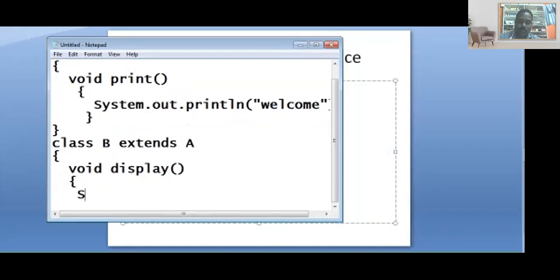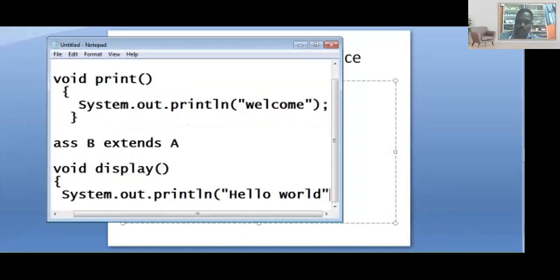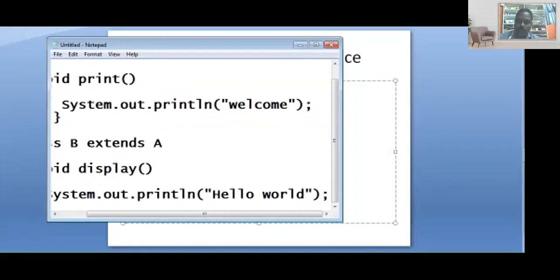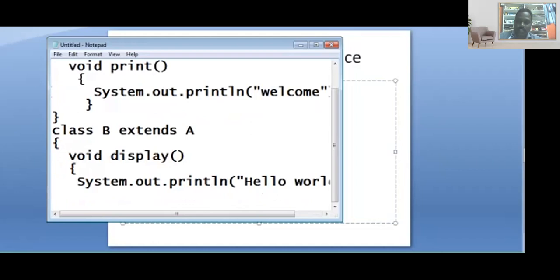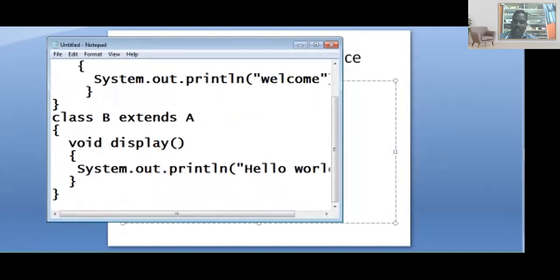So now System.out.println. I'll go for Hello world. Right? So here ends the class B. The display method. I'm going to close the class.